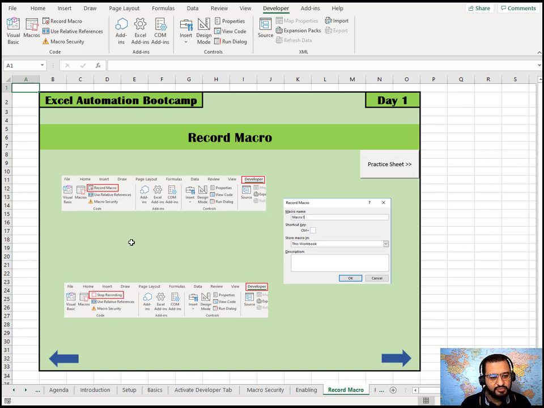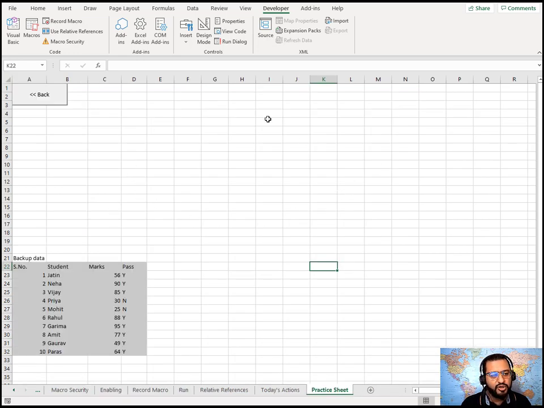We'll do a practical example of this, and you could save these by defining a macro name, let's say macro 1, macro 2, or test macro, or whatever name you want to give. So you can define your own custom names, and these get saved in your workbook. Let's go to the practice sheet and see how this macro can be recorded. I am on a blank sheet here. This is a backup data which I have kept, and you'll see the purpose of this. First I will copy this backup data